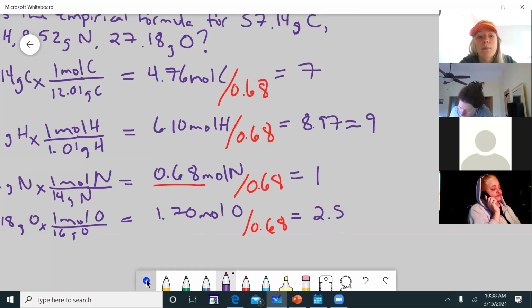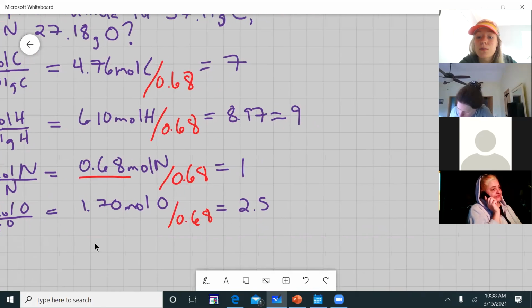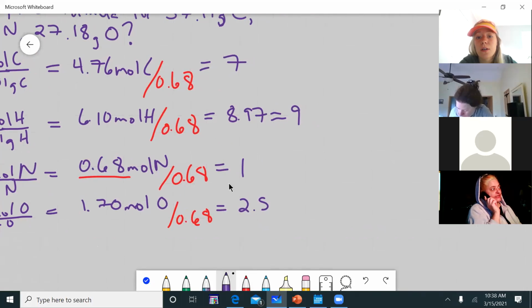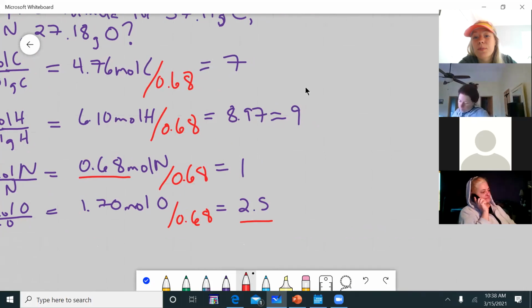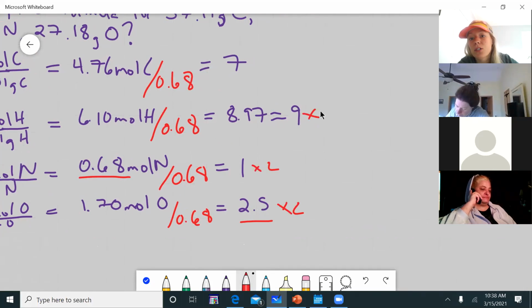So are we at whole numbers? Almost. What's holding us back here? Our ratio is good, except for this thing right here. So I have to go through and multiply everything by what factor? Well, what's left is 0.5. So 2. Multiply this by 2, by 2, by 2, by 2. So you should get